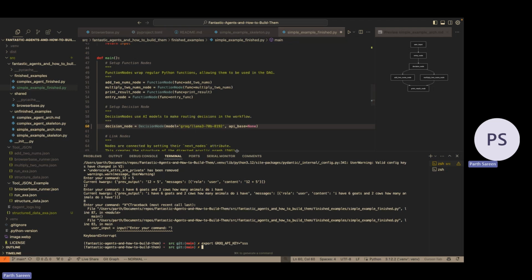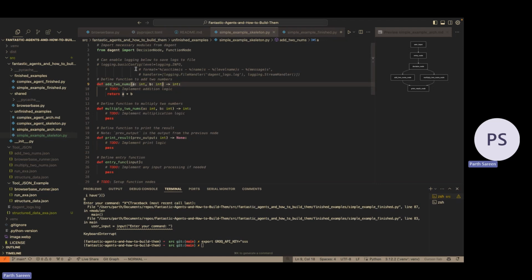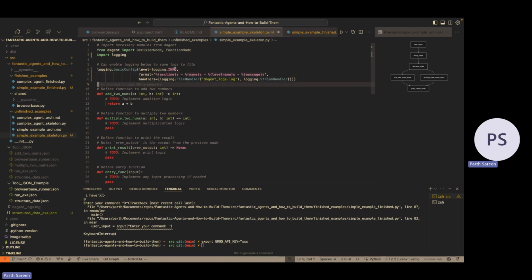Cool. Okay, so we're going to get started on the actual coding and we'll tackle problems as they arise. So we're going to open the skeleton now, and you do want to follow along for this portion because this is where things get fun. I would recommend enabling logging, so also add the import of logging just up top. It's built into your Python, so it doesn't matter if you don't install it. Okay, so we're importing logging. We're going to uncomment these 3 lines between 6 and 9, or should be 5 and 8. And then we're going to continue.